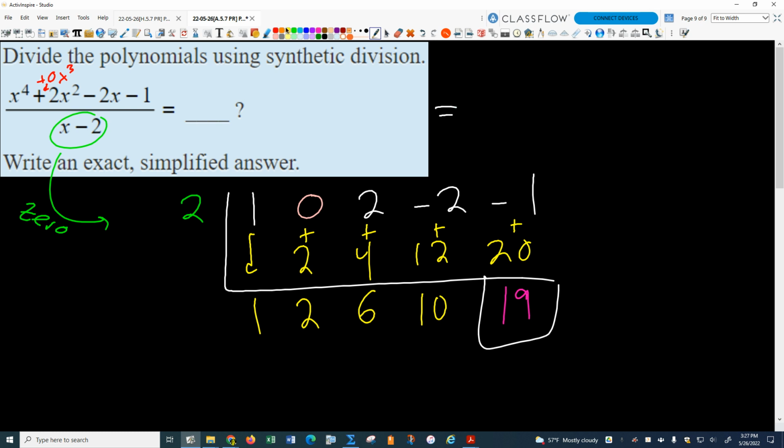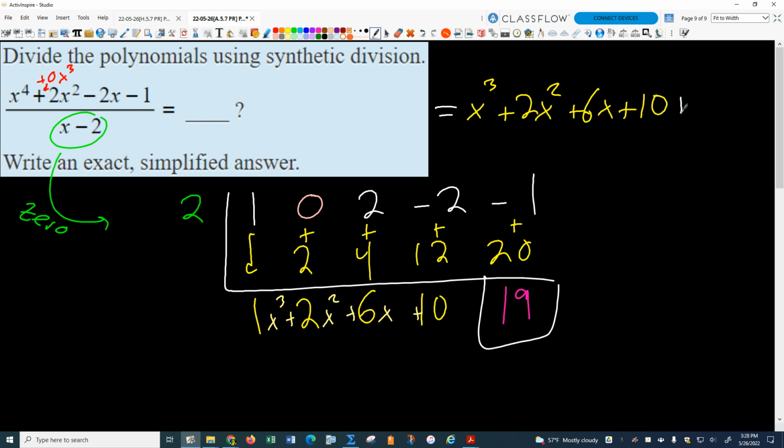What's my answer? X cubed. Now, there's a tendency people want to start on the left. Start on the right, because you always know that's the constant. So then that's going to be 6x, x squared. Okay, so everybody agree, I end up with 1x cubed plus 2x squared plus 6x plus 10